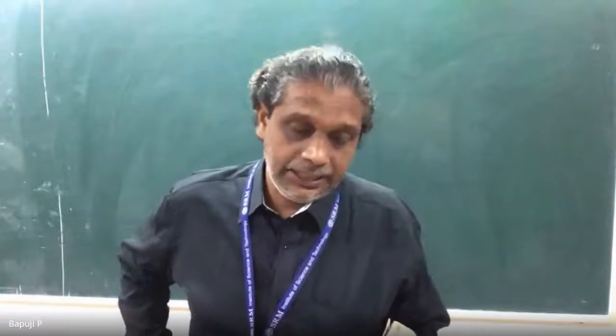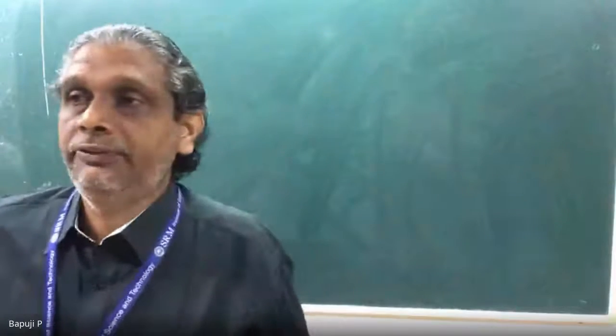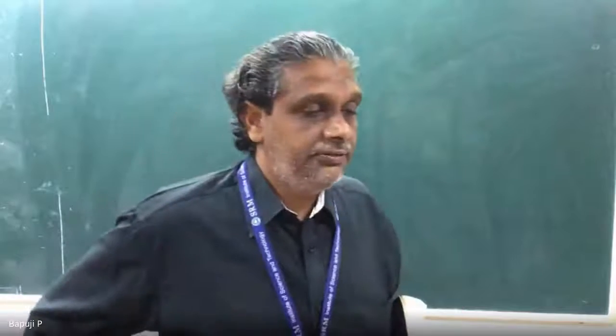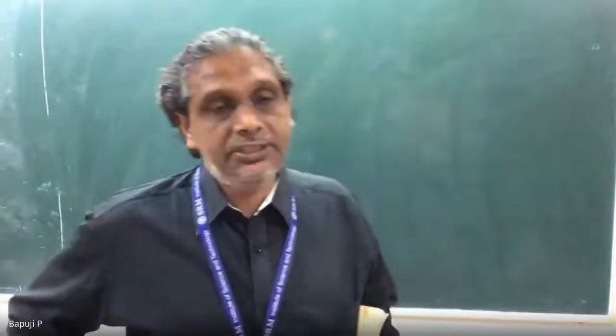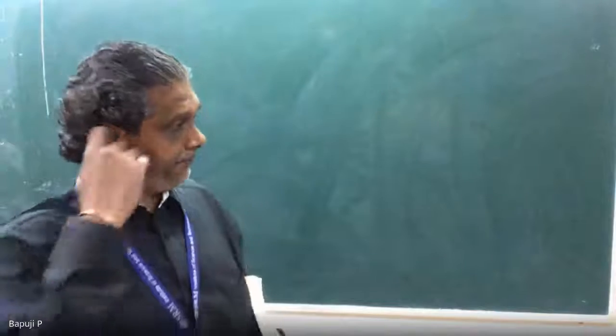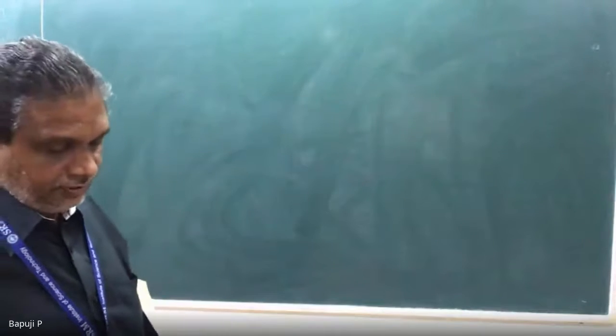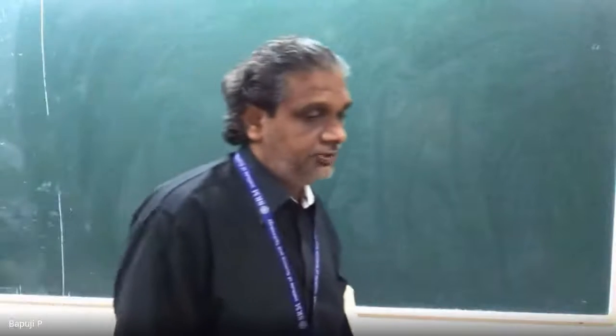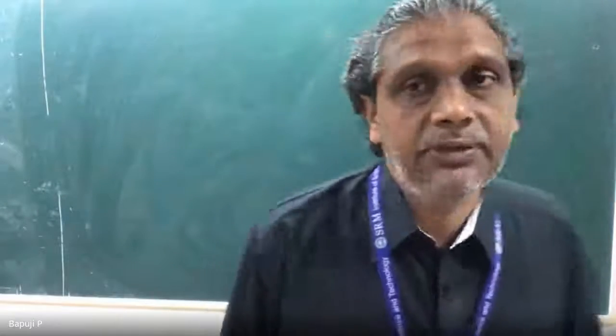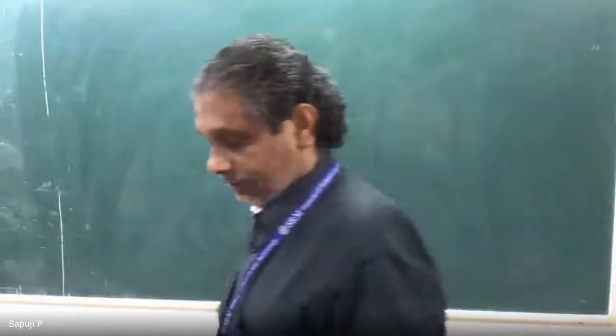Suppose at this value the function is negative, then we leave the previous negative. If at this value the function is positive, we leave the previous positive. Again we find the average. Last class we worked up to 4 decimals. I gave one problem, maybe you can try. Then I will give the notes also, and you can do the exercise yourself.